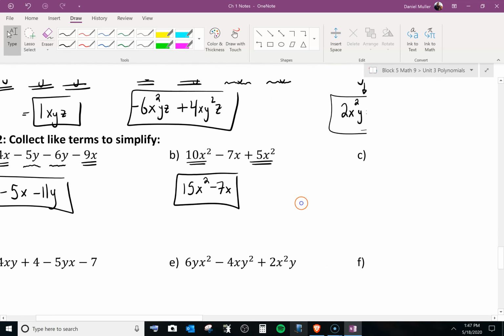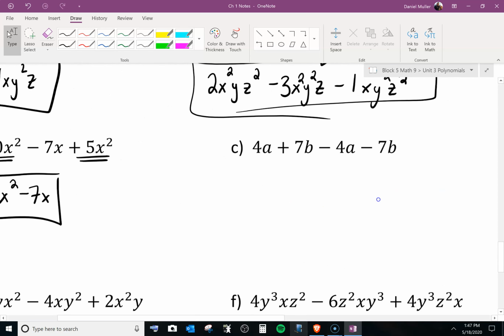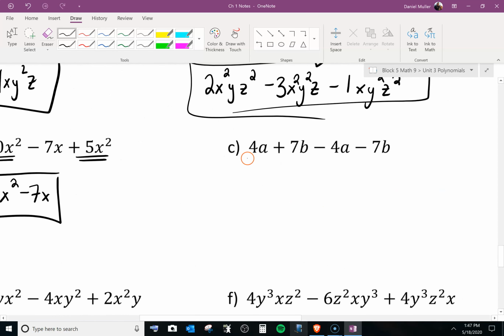Let's take a look here. C. So what things are alike? So we've got a 4a and a negative 4a, and then a 7b and a negative 7b. So 4a minus 4a, so those are there. 4 minus 4 is 0, so we have 0 a's. And then 7b minus 7b, so 7 minus 7 is also 0, so plus 0, and our alike terms are